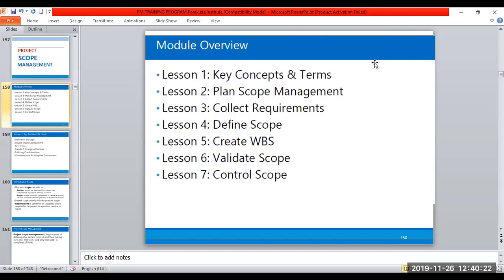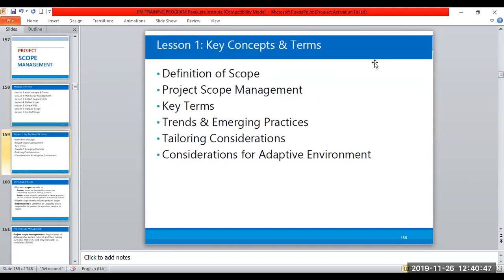We're going to examine the processes under this knowledge area. The processes under this knowledge area are plan scope management, collect requirements, define scope, create work breakdown structure, validate scope, and control scope. So we have to first of all start by identifying the concepts that describe this knowledge area